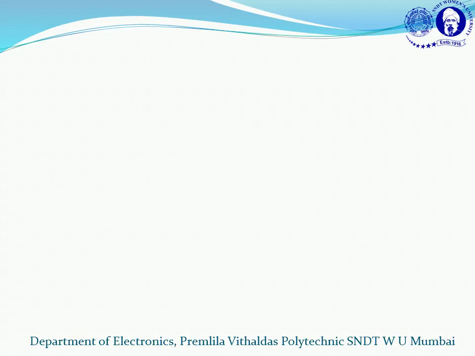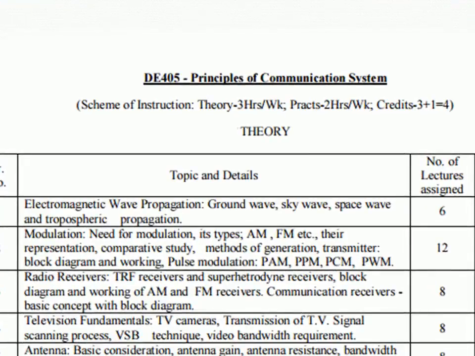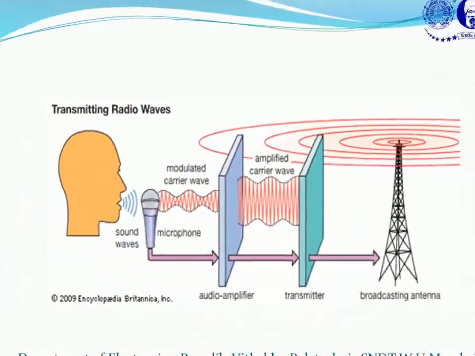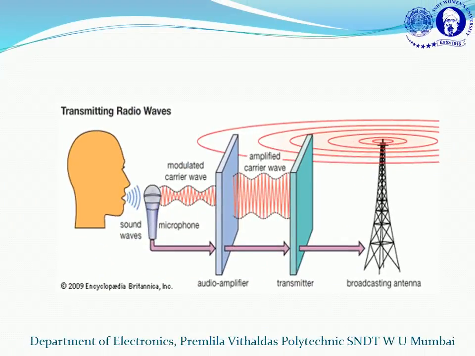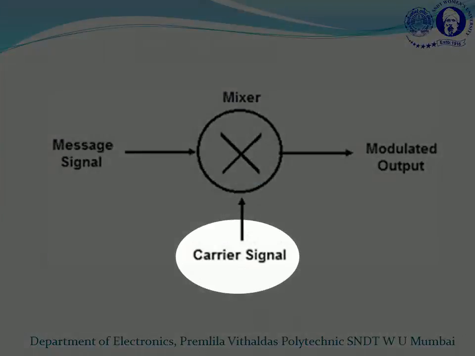In your previous semester, you had a subject called Principle of Communication. There your teacher must have taught you about modulation. Can anyone from your side define modulation for me? A process of modifying one parameter of carrier wave in accordance to information. Correct. Modulation is a technique in which any one parameter of a carrier wave is varied in accordance with